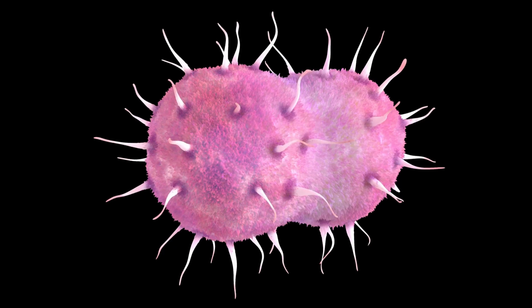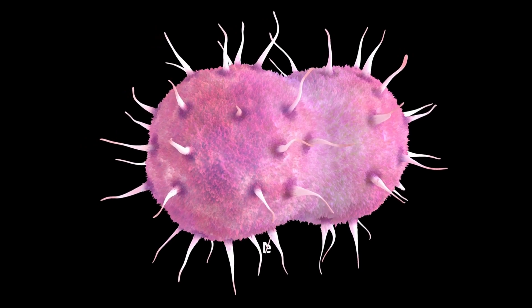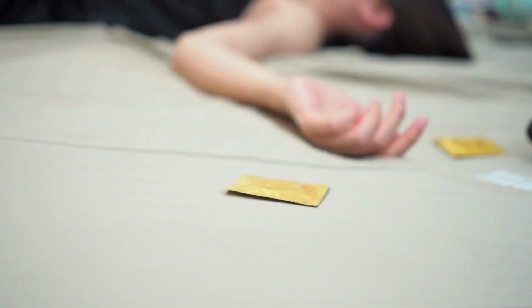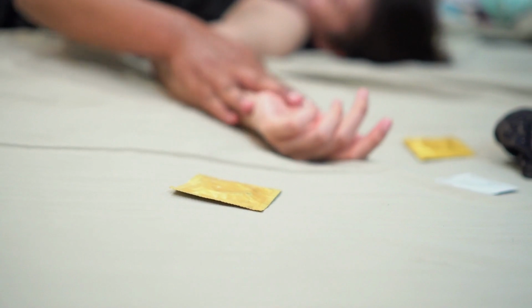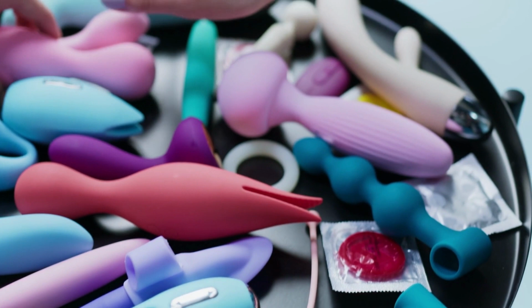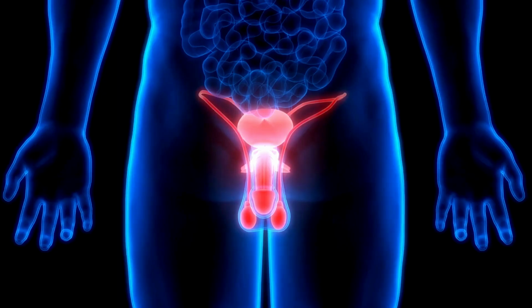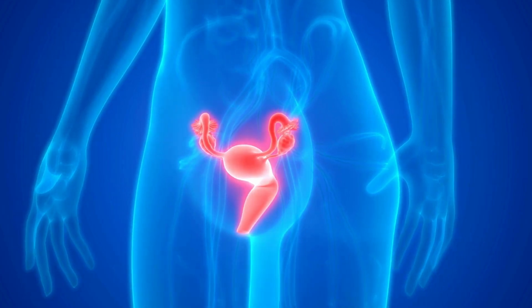Gonorrhea is a well-known sexually transmitted infection. It is caused by the bacteria Neisseria gonorrhoeae, and it is commonly known as the clap. This bacteria is mainly found in the discharge from the penis and in the vaginal fluid of infected individuals. They can then be transmitted from person to person through unprotected vaginal, oral, or anal sex, or through sharing of vibrators or other sexual toys that have not been washed or covered with a new condom each time they are used. The bacteria can cause infection of the male and female reproductive and urinary system, and less commonly the throat